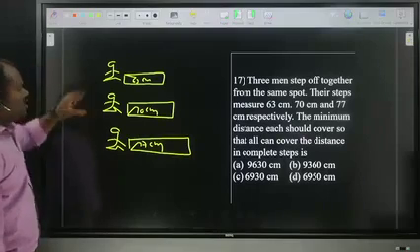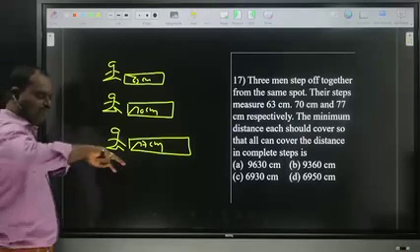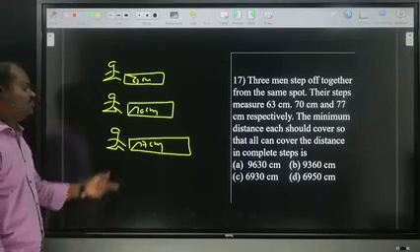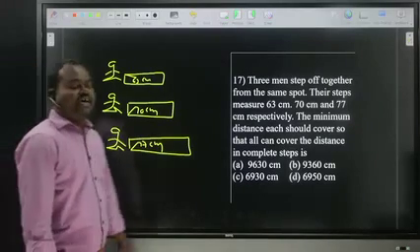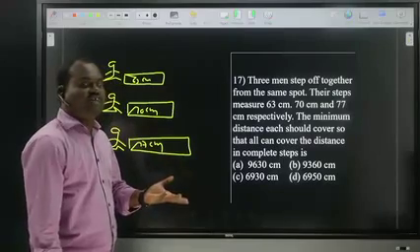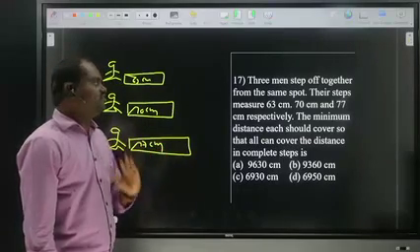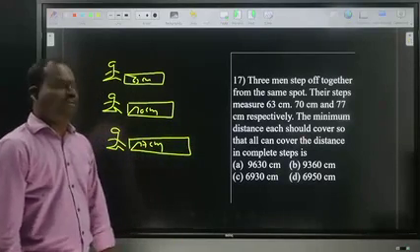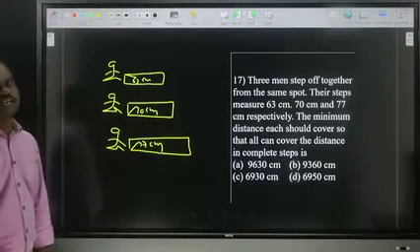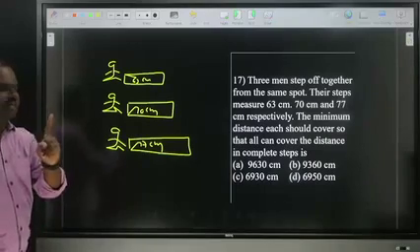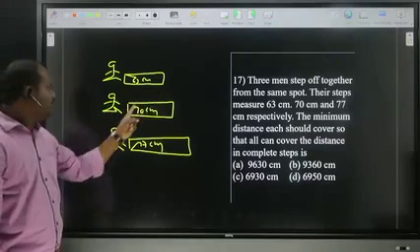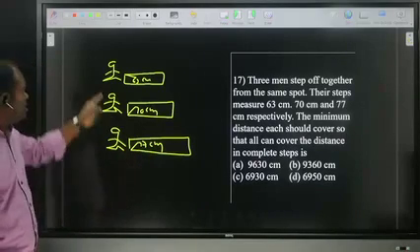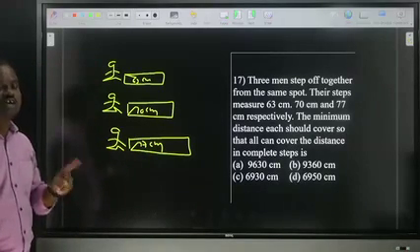Right, all are started here. First person's step distance is 63, second person's 70, next person's 77. Question: after what distance will they cover complete steps? The minimum distance each should cover so that all can cover the distance in complete steps. In the first step he will cover 63, another 70, another 77. While starting, all are at the same spot, but